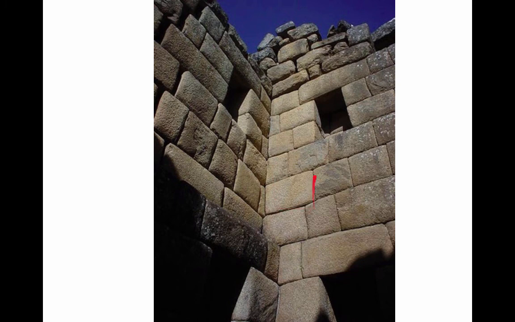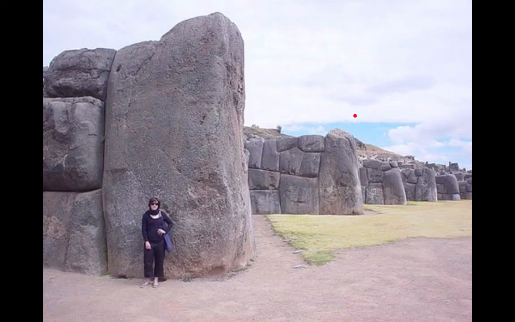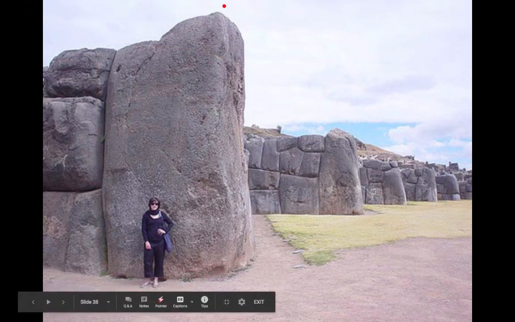So they just had to be very exact in how they cut the rocks and fit them together. Many of these buildings have withstood lots of earthquakes throughout history, so they're very stable. You can see these big rocks fit together perfectly. Yeah, more big rocks, but this is in a different site right here.